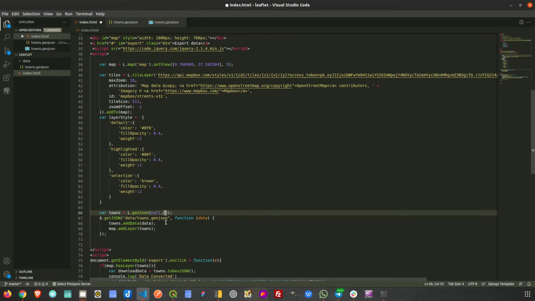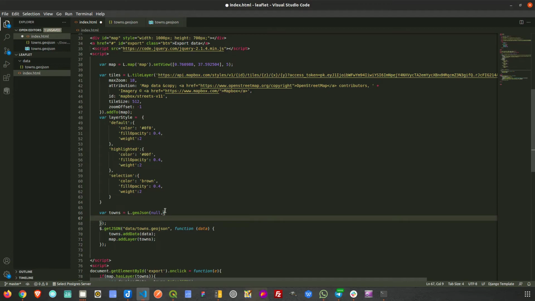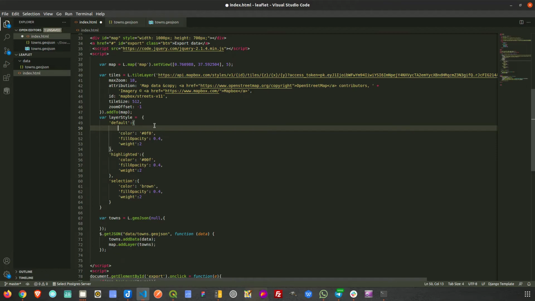Okay, so this is where our options should go. For points, it's a bit different. All these styles that we've defined here, I didn't actually consider the aspect of having the layers and all that. So sorry, the points. So here I could just add things like, for circles,